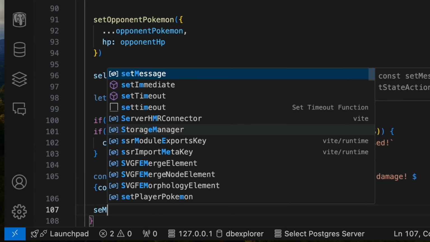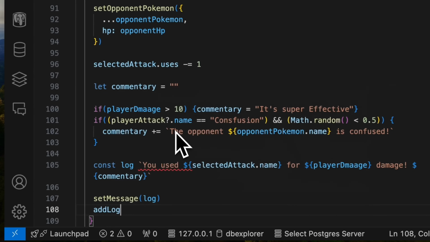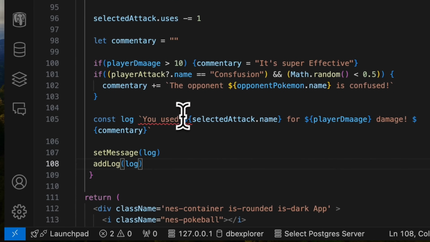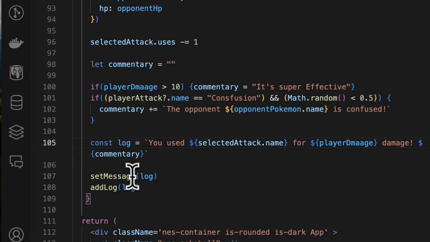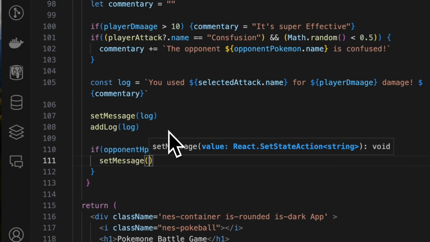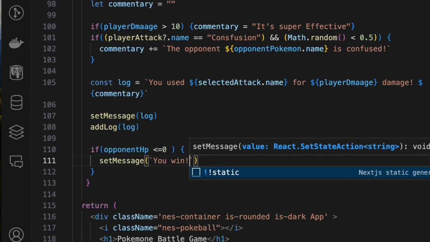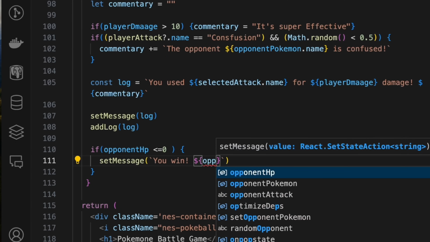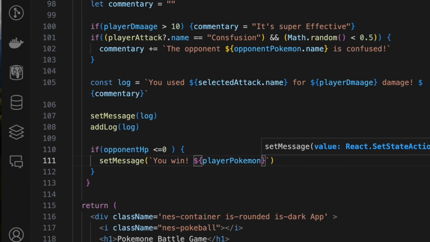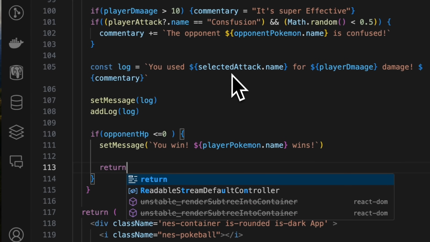And then we'll set message, set the log as message, and also add the log to the battle logs. Okay, now after we have done this, we'll check if the opponent's HP is less than or equal to 0 after taking the attack. If yes, which means the opponent has fainted and you win, right? So we'll do "playerPokemon.name wins" and return,